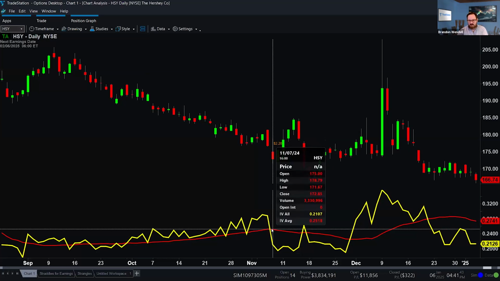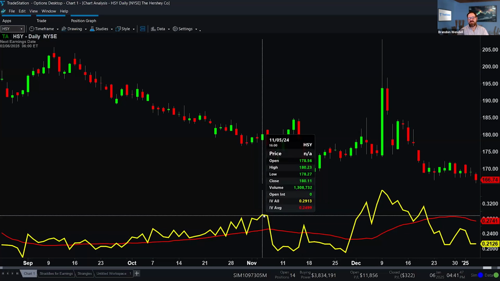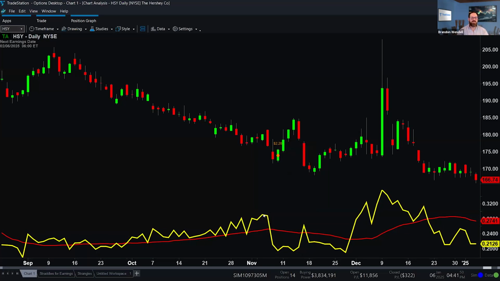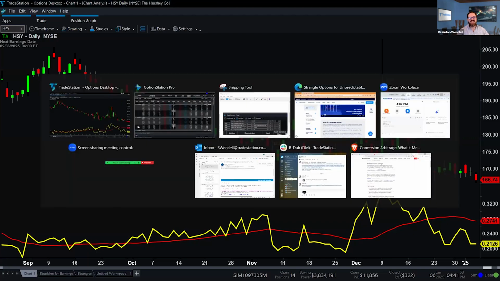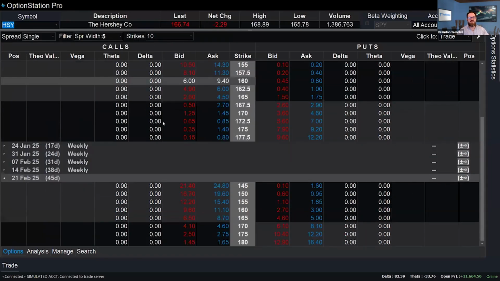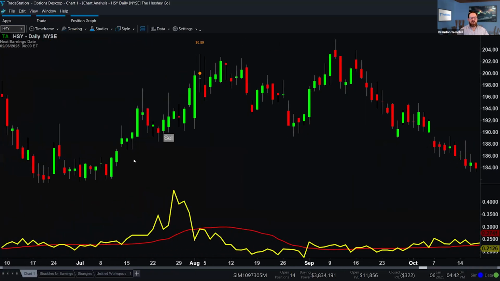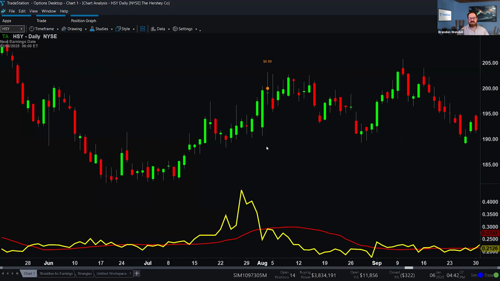Wait a minute. It went right back to 21, but it spiked at 29. So not a huge amount. It was 8 points of volatility. Well, if we were to apply that to an at-the-money option right now for Hershey, and I'm not saying that's always going to be the movement, we would have to go back and take a look to see what is the average move leading into earnings.